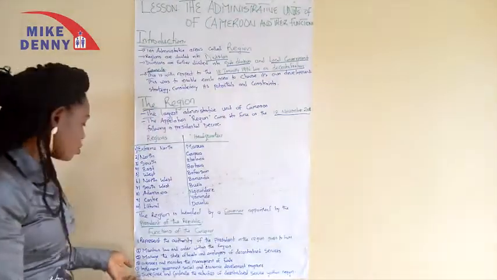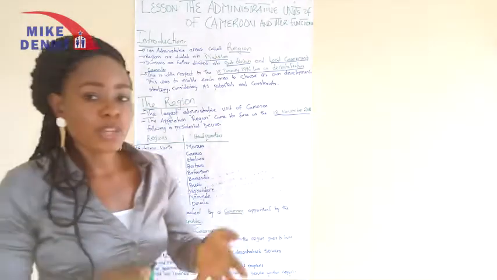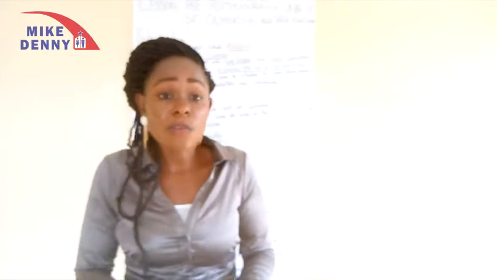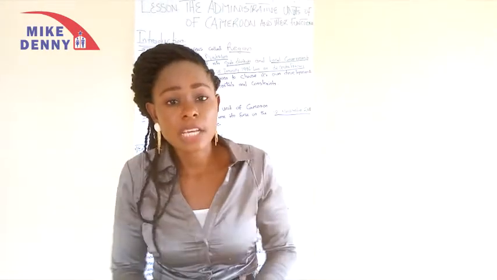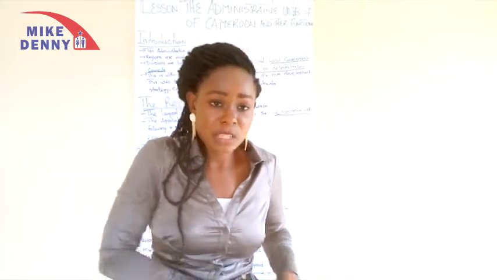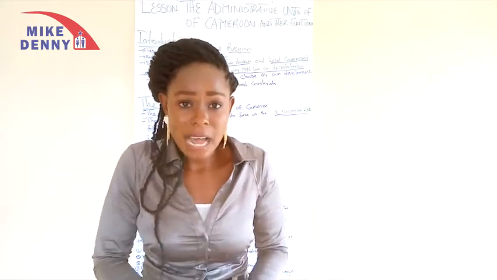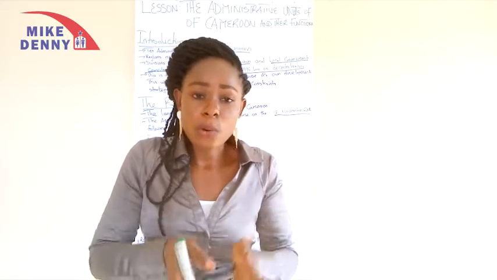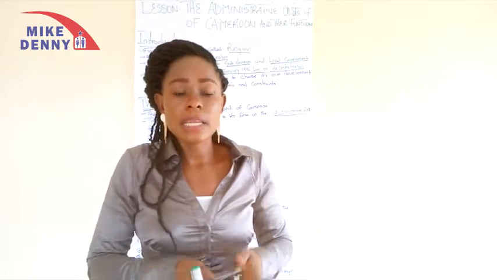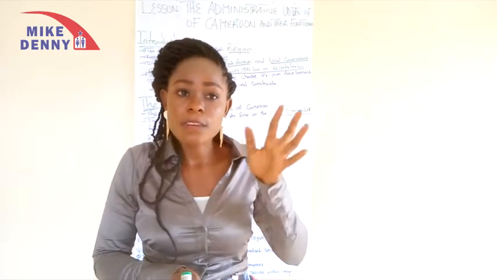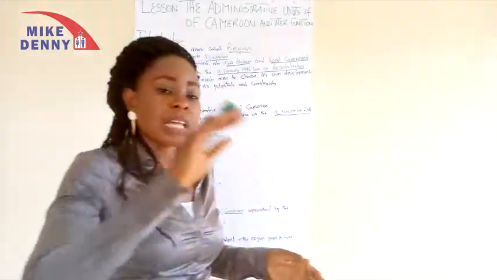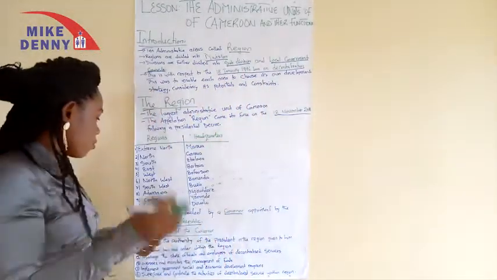The second we want to talk about is he maintains law and order in the region. In the region as a whole. So the governor does not maintain law and order in the country, but he maintains law and order in the region where he has been put in place, which means the governor of Center will maintain law and order in Center. The governor of East will maintain law and order in the Eastern region. So that is how it goes for the other regions.